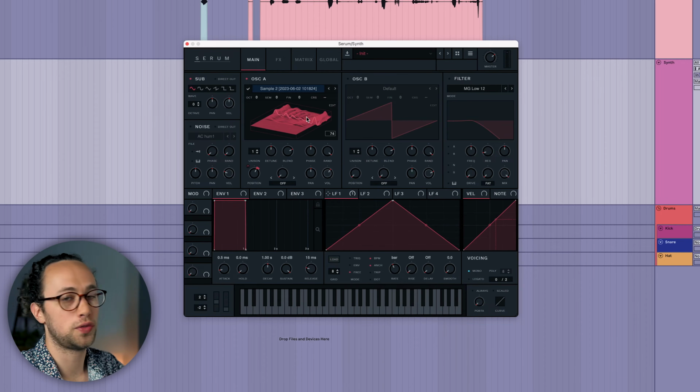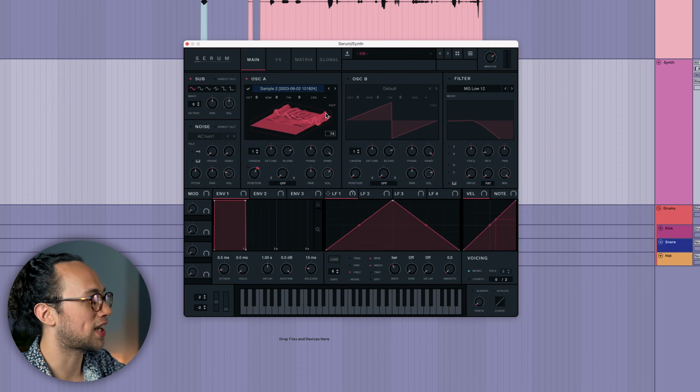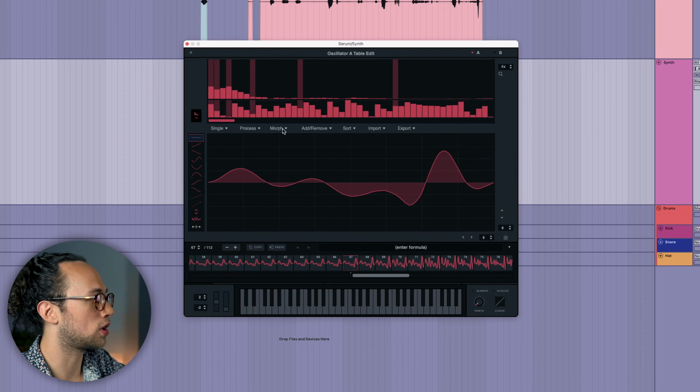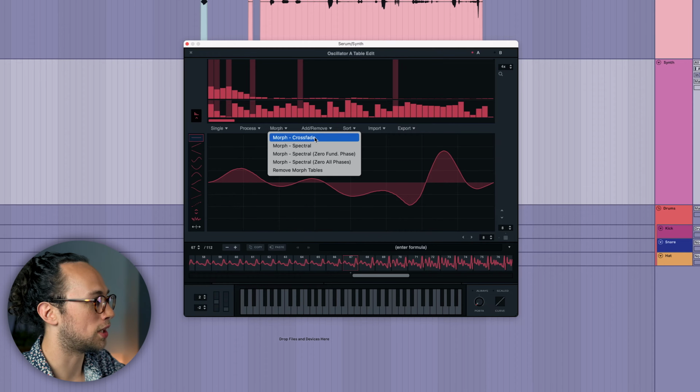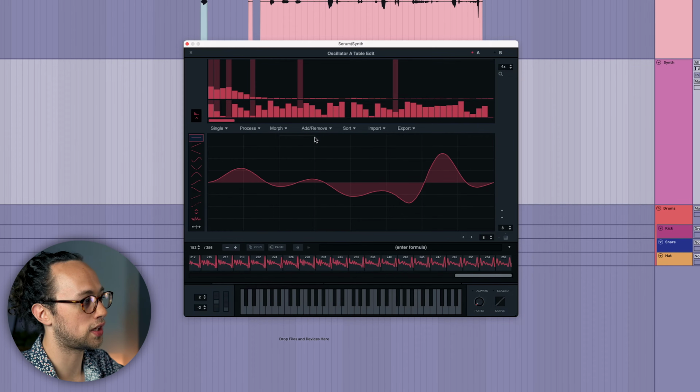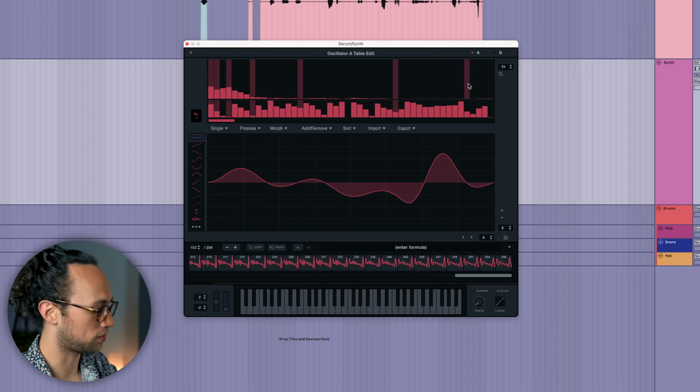One thing you're gonna wanna do too if you use Serum is you can see this tiny little edit button, and we're gonna go to the morph menu, and I'm just gonna select crossfade so that it crossfades all of the samples together. If you have a slower LFO that's moving the wavetable position up and down, it's not gonna be as jittery between each of the samples. It's gonna crossfade them, right? So now,